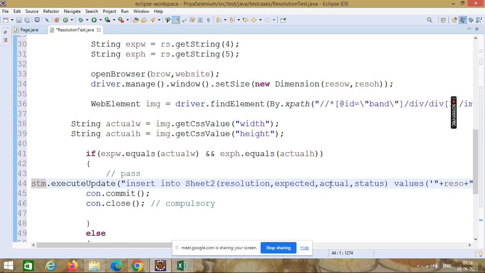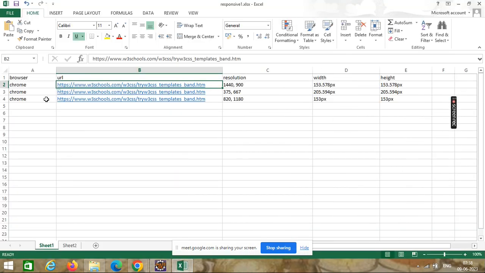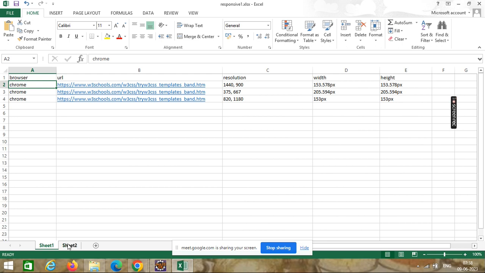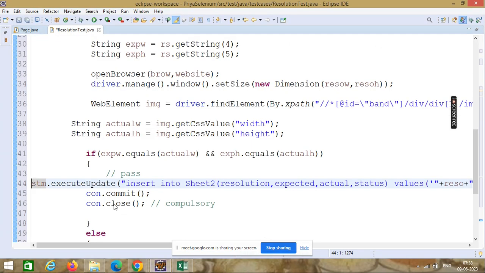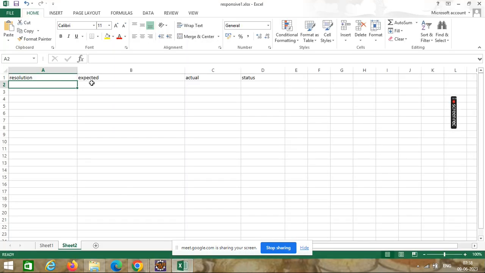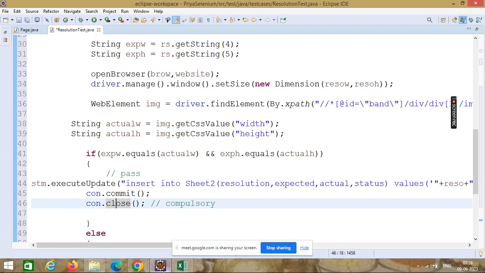When this record it will test, and this record it will insert. When it will insert the first record, after that the connection is closed. So if the connection is closed, it will not insert other records. After inserting the first record the connection got closed, so it will not insert the second and third record, but closing the connection is compulsory.